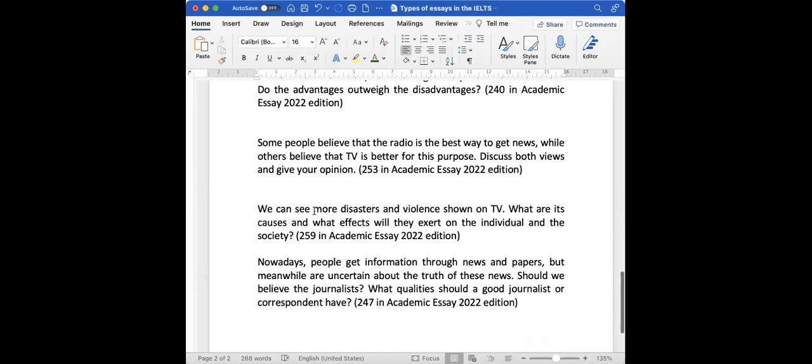ओके। अदर्स देखो, नेक्स्ट ऐसे देखो, वी कैन सी मोर डिजास्टर्स एंड वायलेंस ऑन टीवी, व्हाट आर इट्स कॉजेज एंड व्हाट इफेक्ट्स विल दे एक्सर्ट ऑन द इंडिविजुअल एंड द सोसाइटी। अब देखो इसमें कॉजेज एंड इफेक्ट्स मांगे हैं, इसमें सॉल्यूशंस नहीं मांगे। इन्होंने बोला है कि टीवी पे बहुत सारे डिजास्टर्स दिखाए जाते हैं, वायलेंस दिखाई जाती है, इसके क्या कारण है और इसके क्या प्रभाव है।